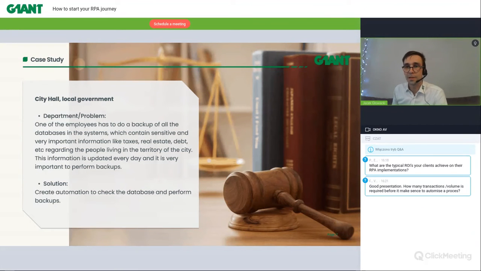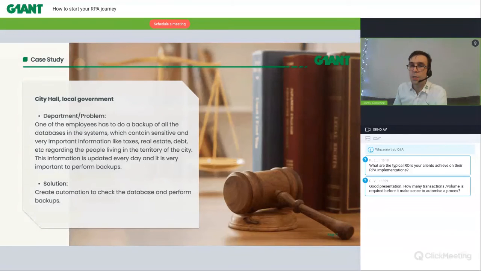The next example was in City Hall in one of the Polish cities. The problem was that one of the employees had to do manual backups of all the databases in the systems, which contained sensitive and important information regarding taxes, real estate, debt, regarding all the people living in that specific city.